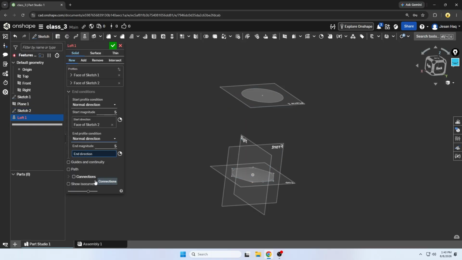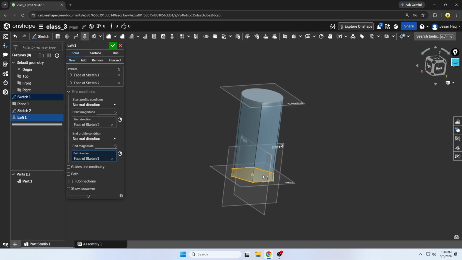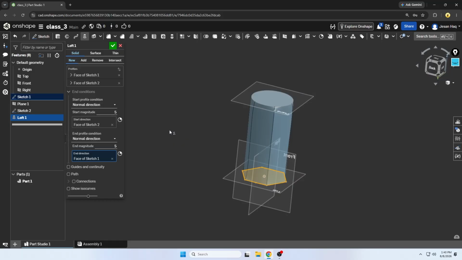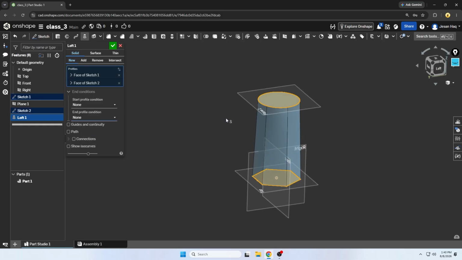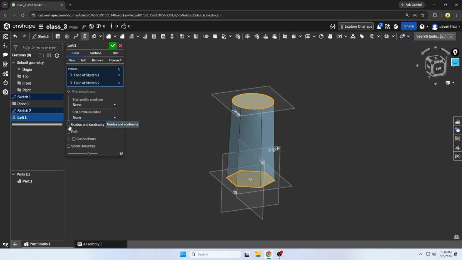Let's say normal to direction. So here is our profile condition, and you can explore all of them by yourself. For now we will just keep it none. So this is our lofted object. Now here are some things that you need to know also: the guides and continuity, path, the connection, and the